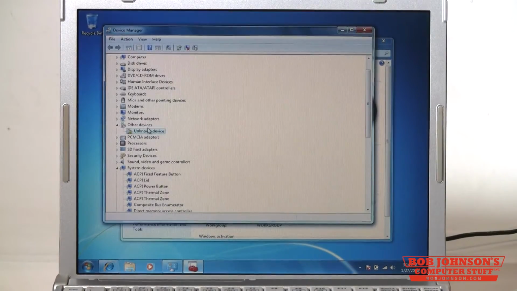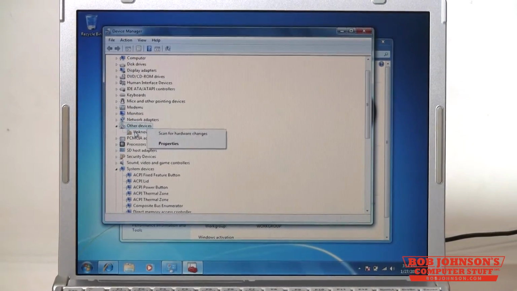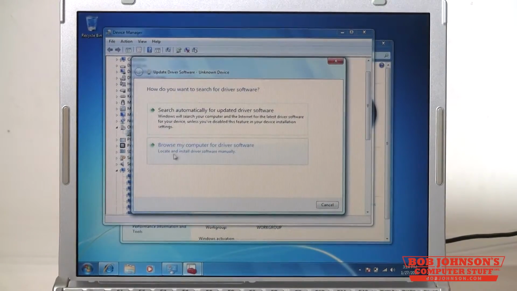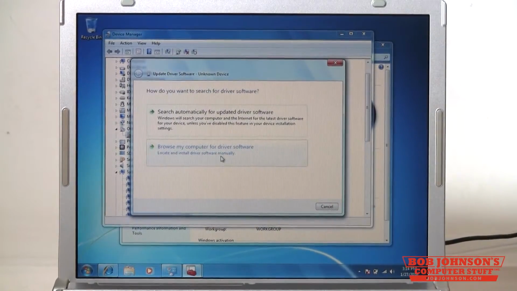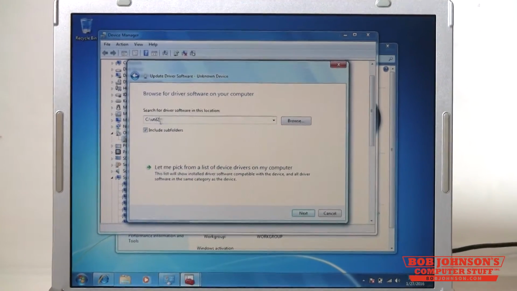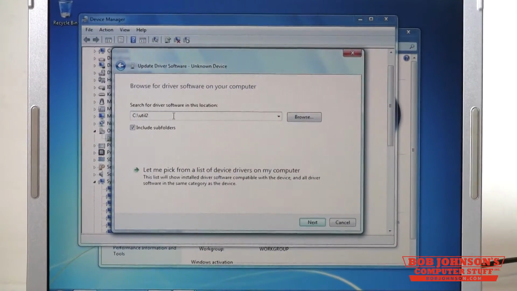Do the same for the next. You right-click it, Update Driver Software, Browse My Computer for driver software. You'll notice that it's in the location you need already because we just used the location.